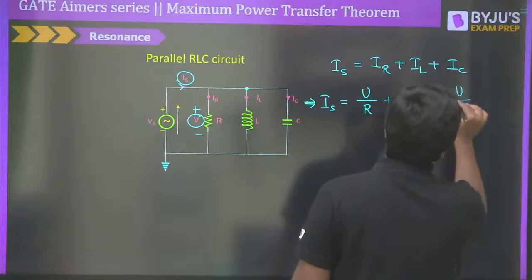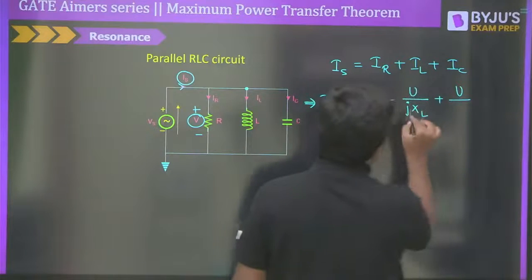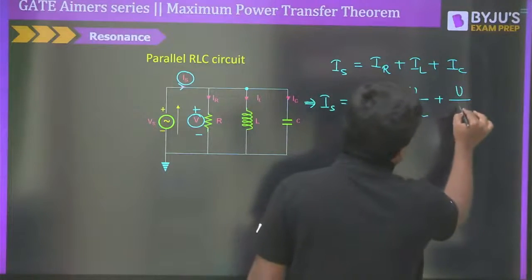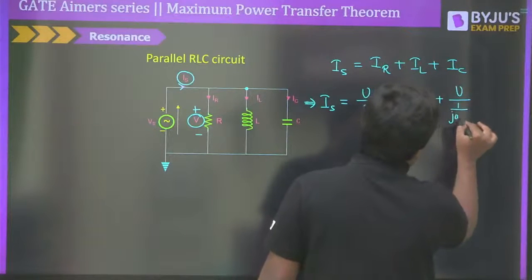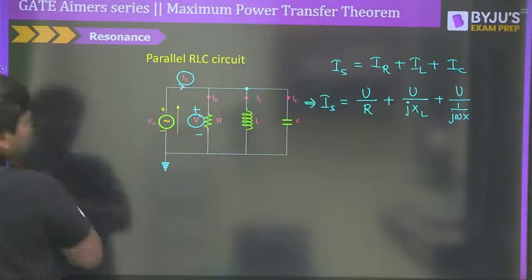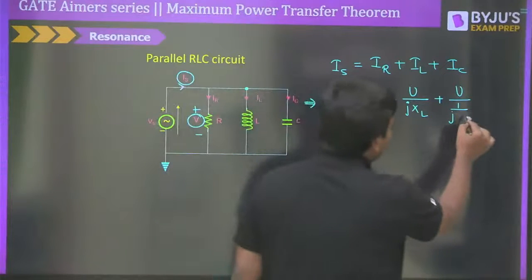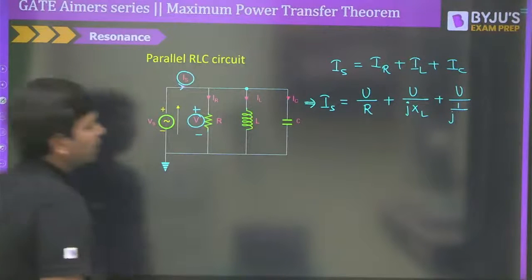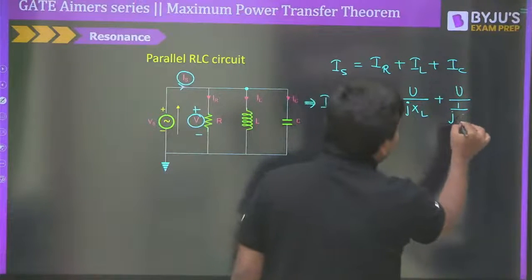J into XL, right? So here we have JXL. So here it will be 1 divided by J into XC. Sorry, J into XC you are going to have, right? Reactance we need to write. So let me write it down clearly here. Please see, all of you, don't leave anything till the end. It must be written as J into XC.